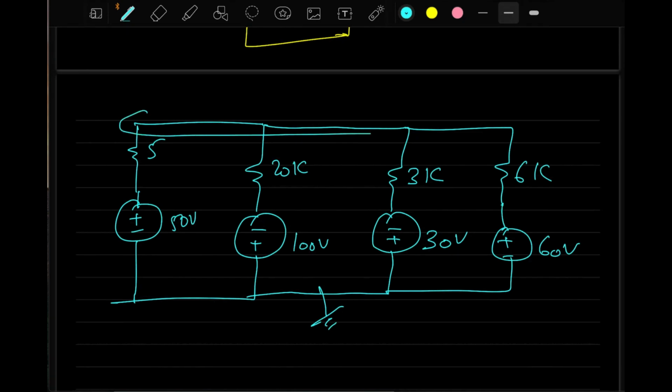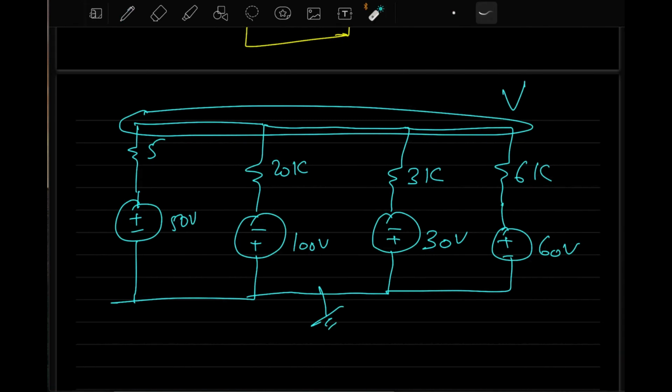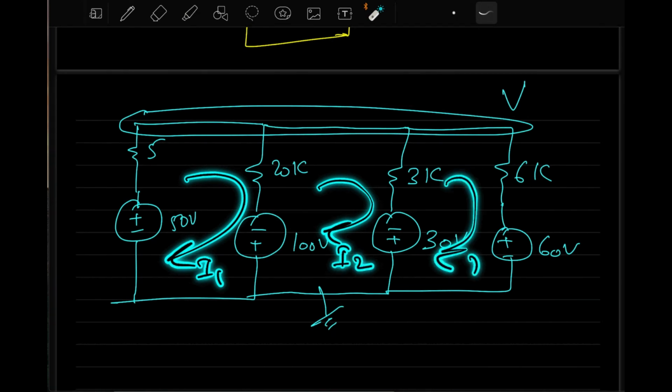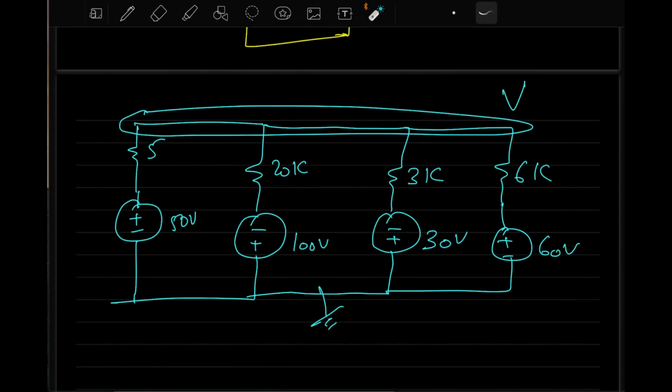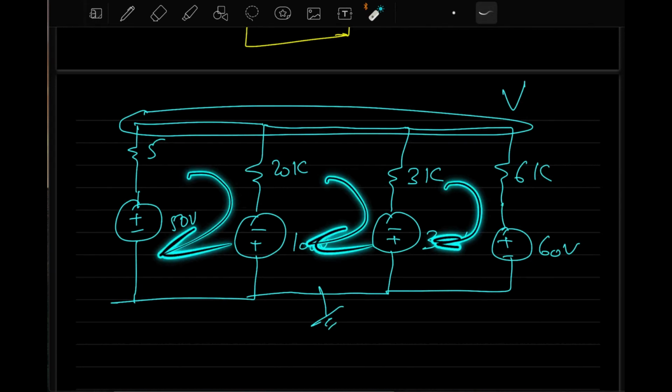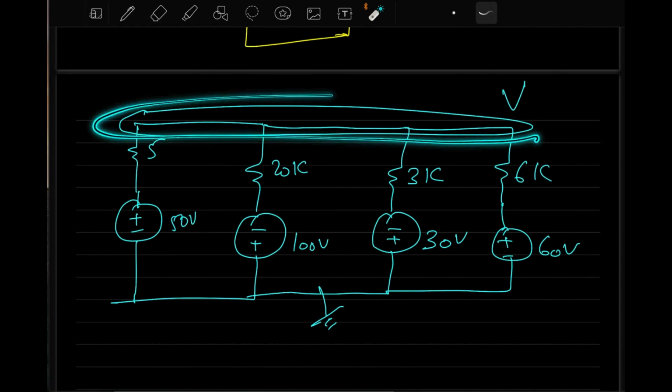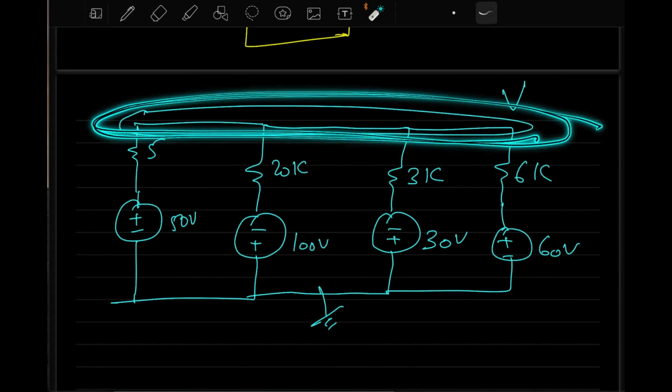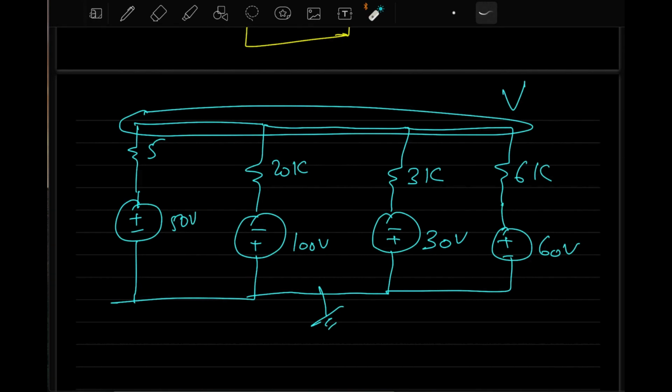is only a single voltage source V you can calculate. If you put V here, then you will get this value of V easily by using nodal analysis. But if you go for mesh analysis, you will have three unknown variables, I1, I2, I3, and you have to write these equations, and then you can understand what trouble you will get, because you will have a matrix of 3 cross 3.